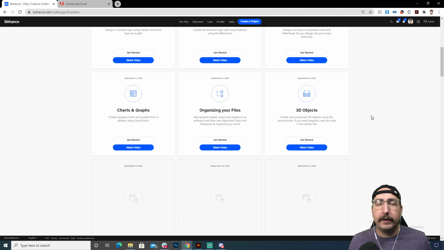Then we took all of our clues at the end of last week on Friday, and we organized our files. We learned how to use the alignment tools, how to use rulers, how to use selecting certain attributes to organize our files. Now, all of our suspects are lined up, all of our clues are together, and so today we will be looking at 3D objects. What we're going to do is we're going to try to recover the thing that has been stolen.